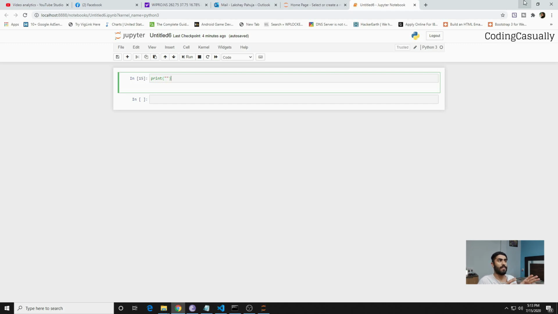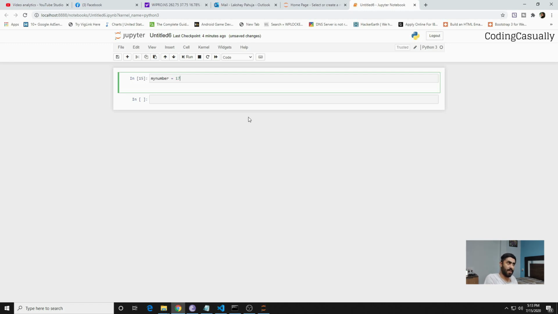So right now on my PC I have Jupyter notebooks open, and here I will show you various types of typecasting. I won't show you something complex or something you would never face in practical projects, but there are a few that I want to tell you. So the first one is, suppose I write my number equals 17,